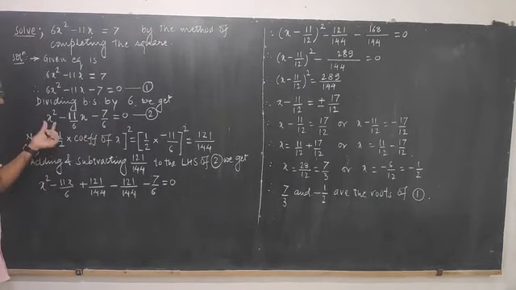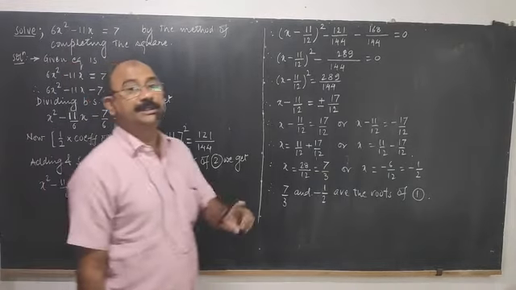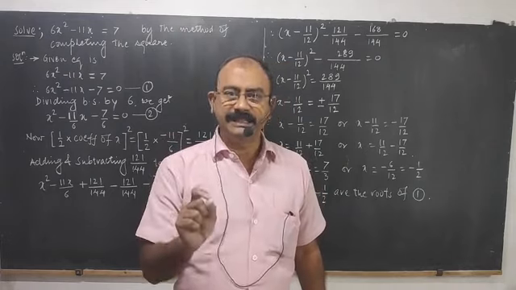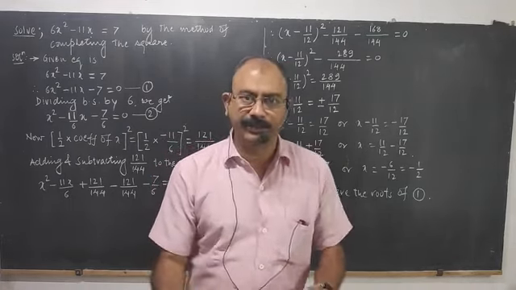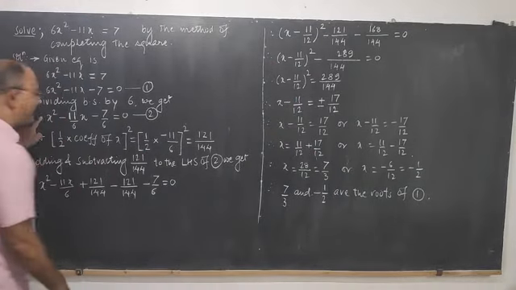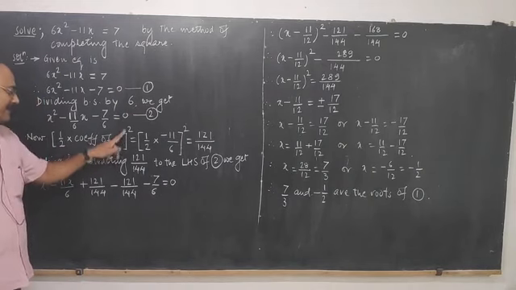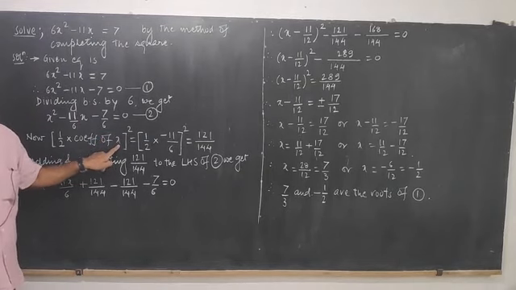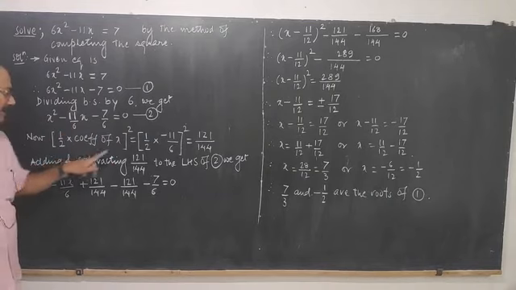Once you get the coefficient of x square equal to 1, that is the most important requirement. The first thing to be done is adjust the coefficient of square term to 1 and then the action begins. After getting the coefficient of square term to 1, you calculate half the coefficient of x, whole square. The quadratic equation can be given to you in any variable. It can be a, b, c also. Whatever it is, take the middle term coefficient, halve it and square it.